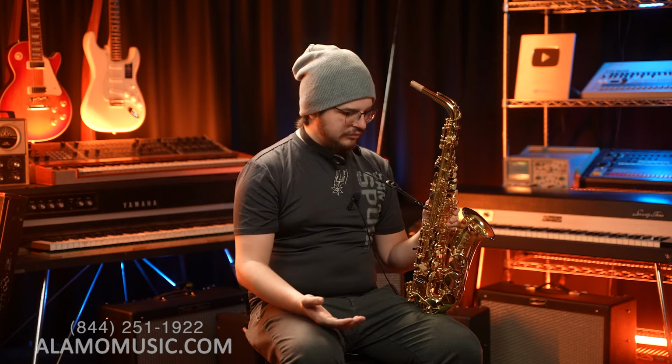The other thing I'm not a total huge fan of, a lot of the lower end part of the horn, in my opinion, is a little too stuffy for what I like. And because of the fact that you need to work on the horn and everything too, when you try this out in a store, you might not get exactly what you're looking for when it comes to it. I don't mean to say that this is like a bad horn in that instance, but for the price tag,